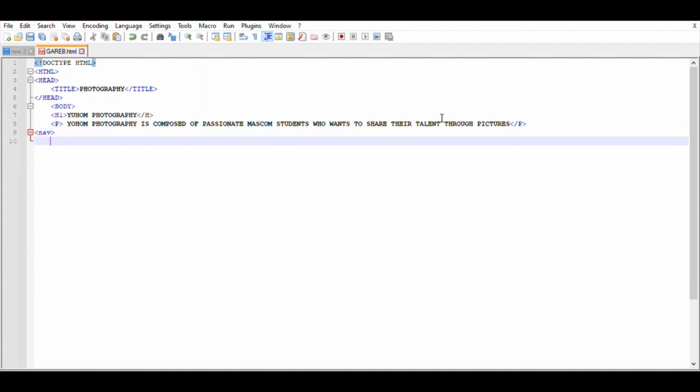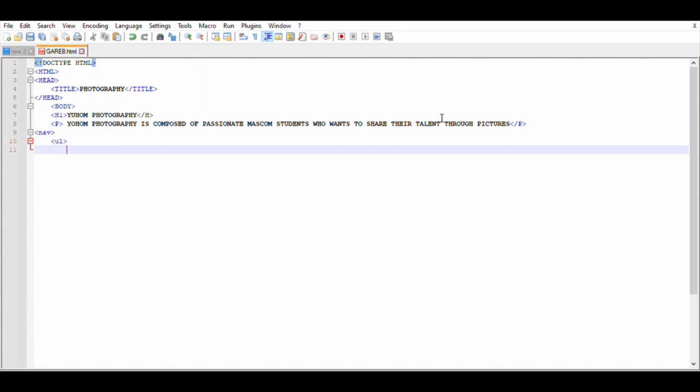Okay, so after this nav, I'm going to use the UL or the unordered list, because I'm going to list something here. And for this one, this list is that I'm going to use link, through the different list that I'm going to create. And for creating link, of course, we're going to start with the LI or list, and the